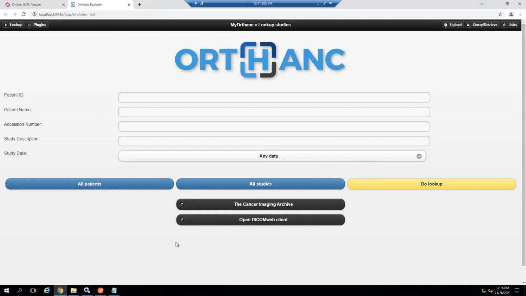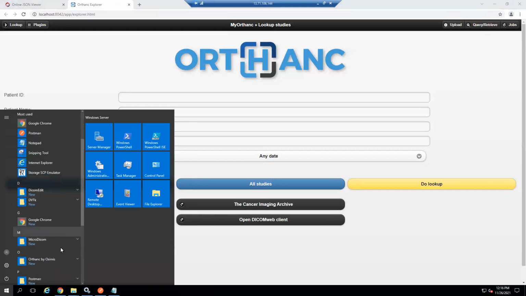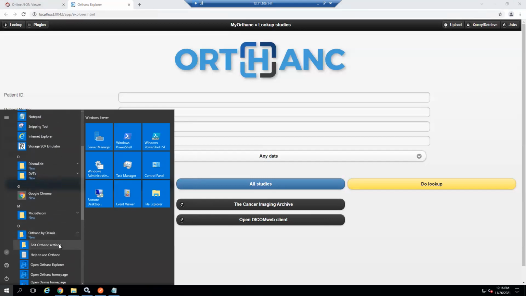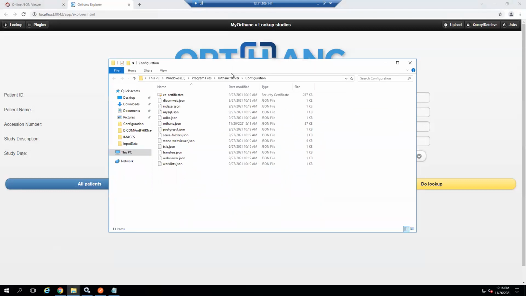I'll tell you where to go to configure the services. If you want to have the services defined, you can go here, Edit Orthanc settings. It will open the settings configuration in the file explorer.